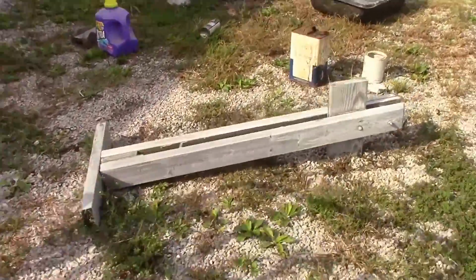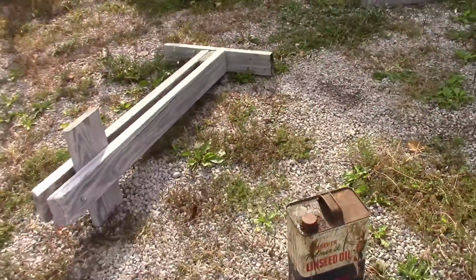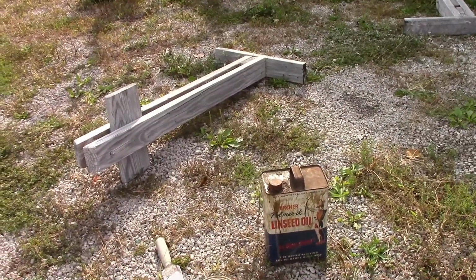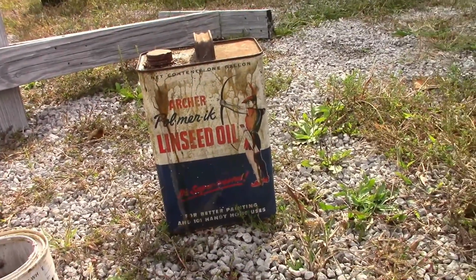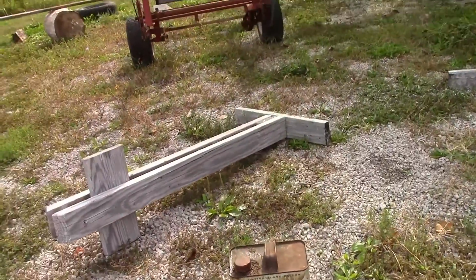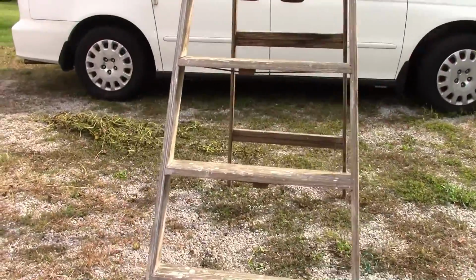I did this already. And these are what hold up my sailboat tarp. So here's the linseed oil, which I got for free too. That's really old-fashioned, but linseed oil is terribly expensive anyway. And then I'm